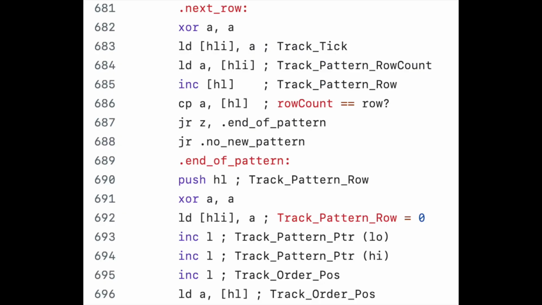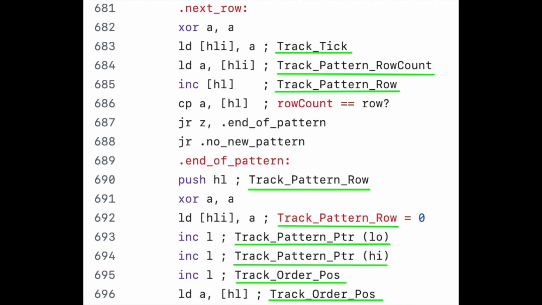The downside of the auto-incrementing HL approach is that it's very easy to lose track of what field the HL register actually points to, especially when there are branches involved. My way to maintain just an inkling of sanity about this was to comment, on every line involving the HL and L registers, the name of the field being accessed, as seen in this snippet. Similarly,